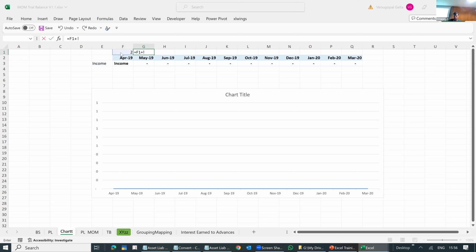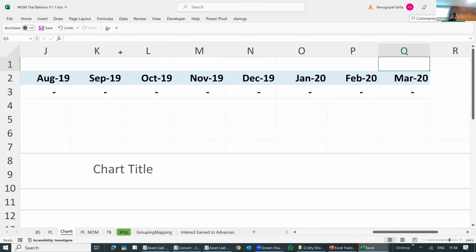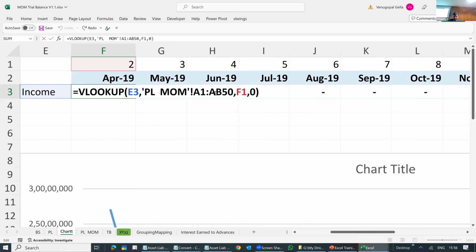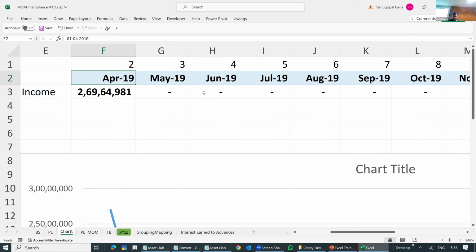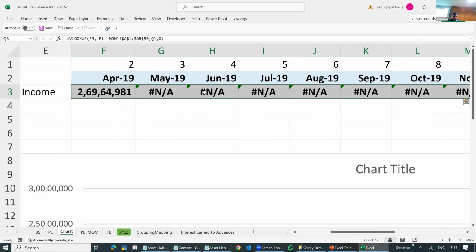You need to know how to make the formulas from static to dynamic. I'm just showing it for the ease of it. So these are my columns. Now I need to know this is my column number. Whenever you are using VLOOKUP, I will always tell you to use the data set as fixed so that you don't go wrong. So I'm just freezing it. Now you can see my value month on month.